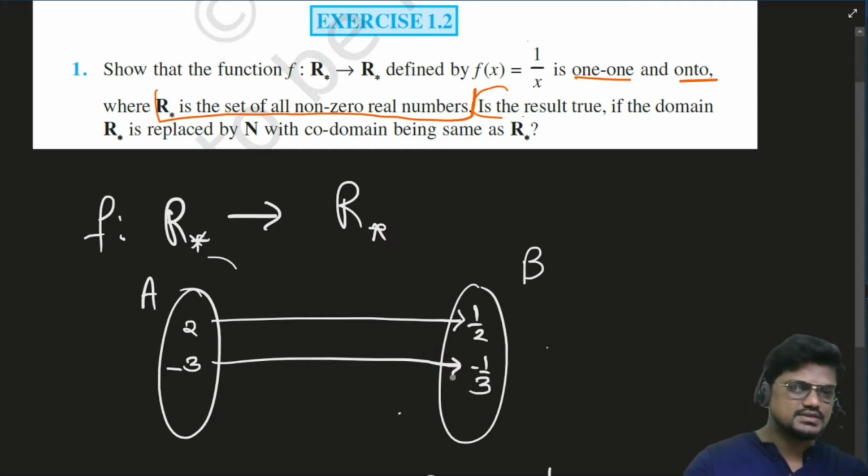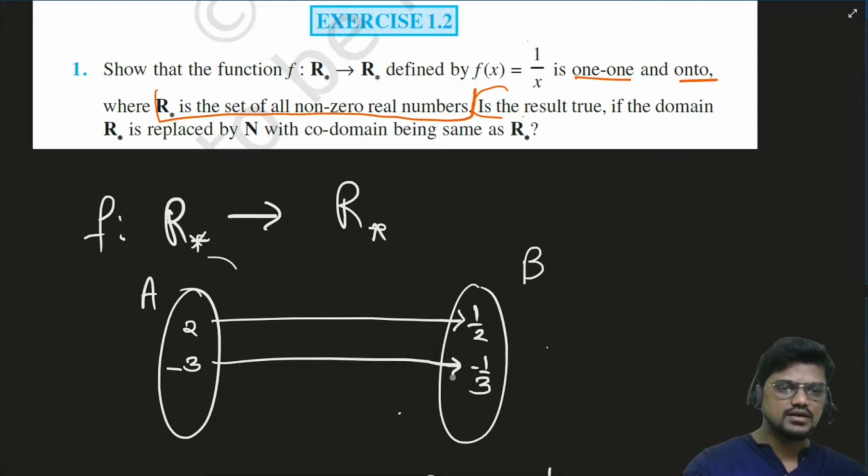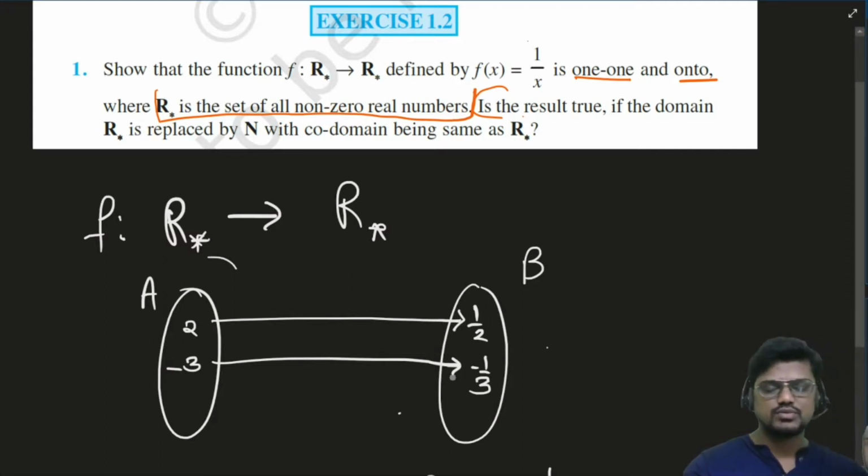Are you getting it, guys? I will not have two children of the same mother. That means the given function is a 1 1 function. Is that clear? I have told you that the given function is a 1 1 function. If it is clear, please type clear in the chat box. Okay, Sneha and Nisha, very good. Both of you are clear.